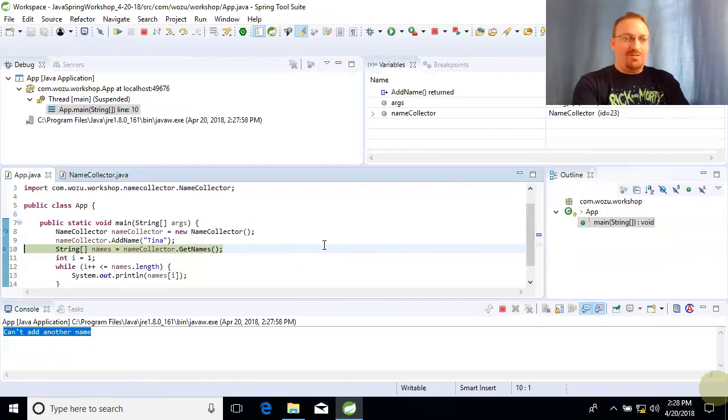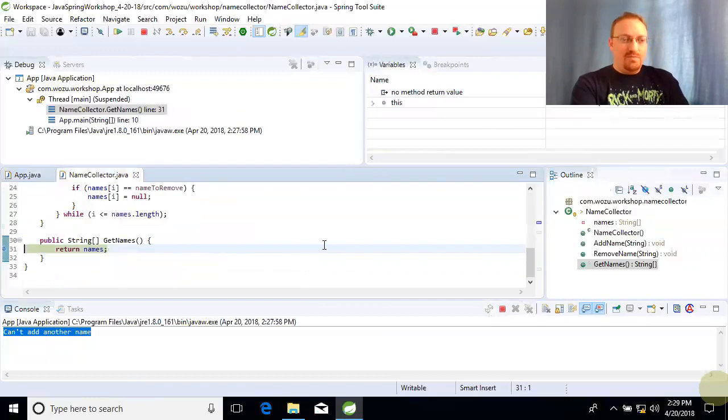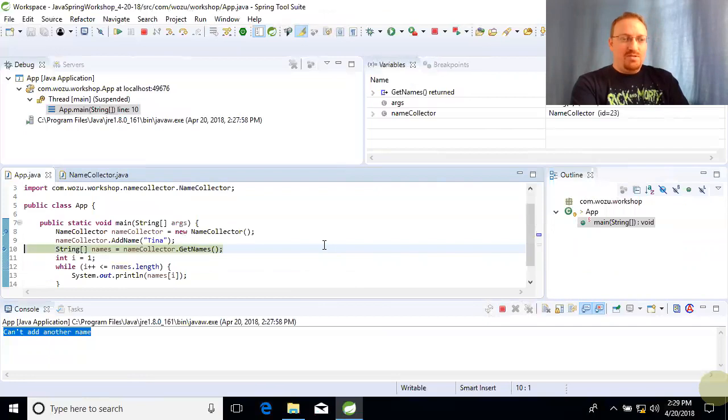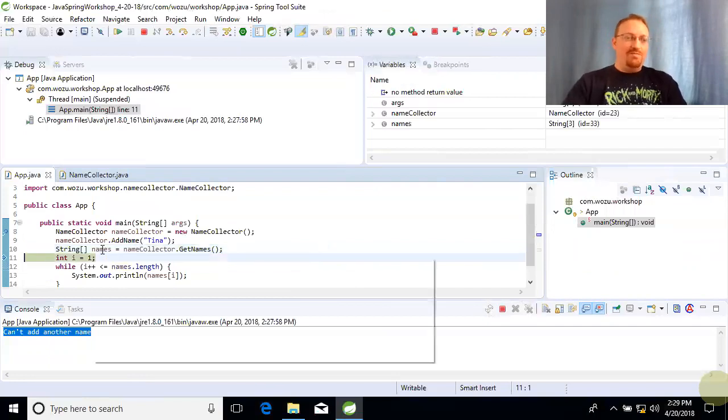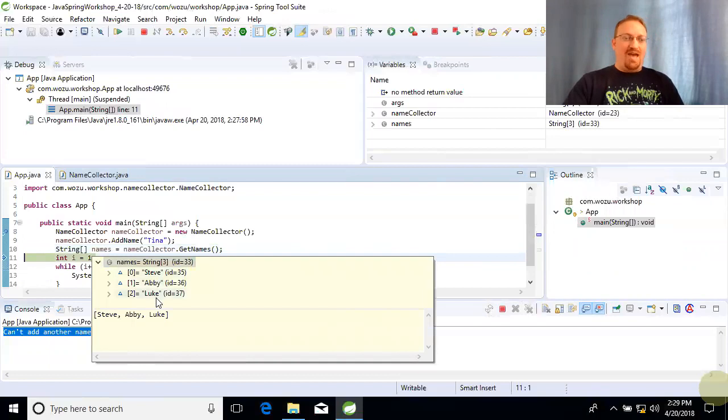We're gonna continue to add. So here we're gonna get the names from our name collector, and we're gonna return the names. So now our names array, and I can hover the mouse over this again, we can see there's Steve, Abby, and Luke. But again, Tina is not in here because when we tried to add Tina, we ran into a